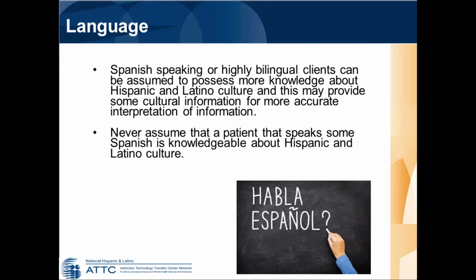And again, some agencies have bilingual staff. That's not always possible, and therefore sometimes we utilize interpreters, and in some cases we also need adherence to what we call, and we did a webinar. The National Hispanic and Latino ATTC did a webinar on the CLAS standards, culturally and linguistically appropriate services from the Office of Minority Health. And one of the things when we did that, we know that the 15 standards that